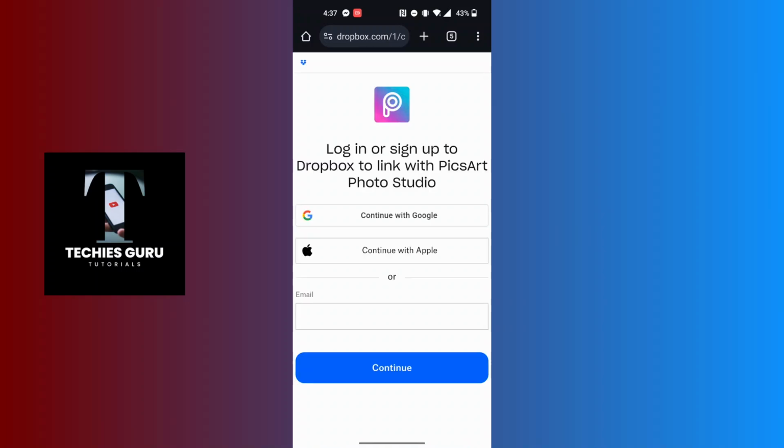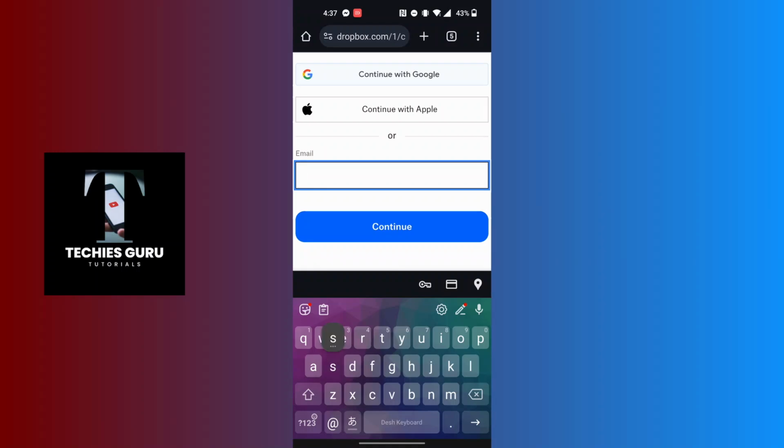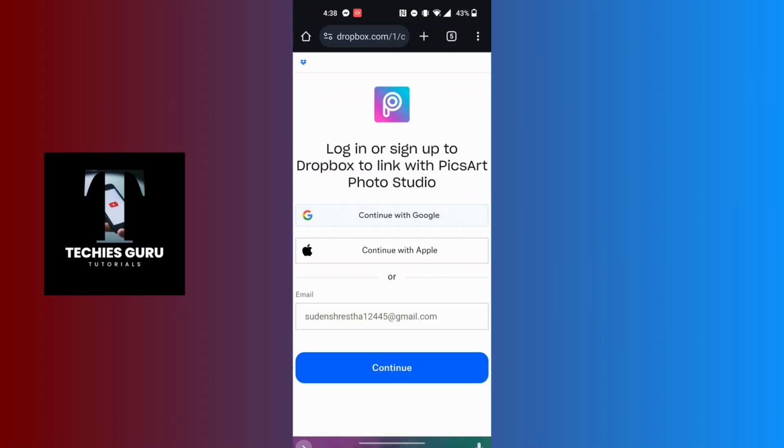a login panel of Dropbox through your Picsart account. Over here you can continue with your Google or your Apple account, or just enter the email address of your Dropbox account. And after that, tap on the continue button, and on the next step you will be required to enter the password of your Dropbox account. And the moment you log into your Dropbox account from this panel, your Picsart account and your Dropbox account will be linked together. And with that being said guys, this is how to link Dropbox and Picsart account on your